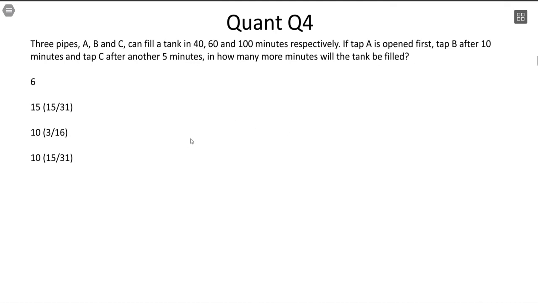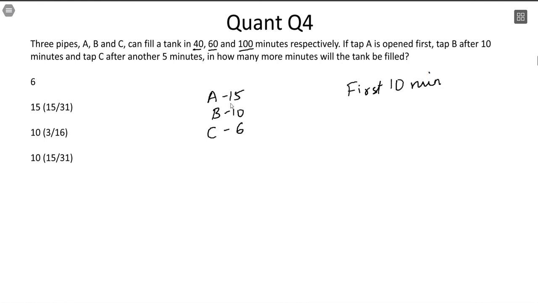Three pipes A, B, C can fill a tank in 40, 60 and 100 minutes respectively. As soon as you get times, the first thought has to be LCM. 40, 60 LCM is 120, 120 and 100, LCM is 600. So efficiencies of A would be 15, B would be 10 and C would be 6. Okay, these efficiencies are. If tap A is opened first, tap B after 10 minutes, which means first 10 minutes